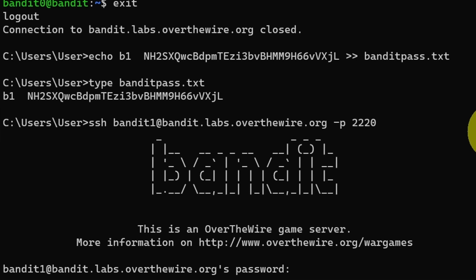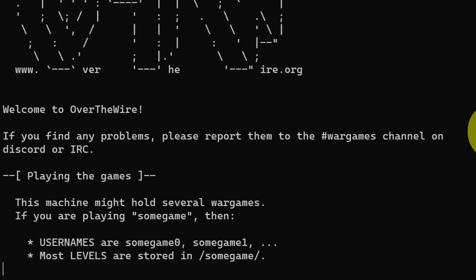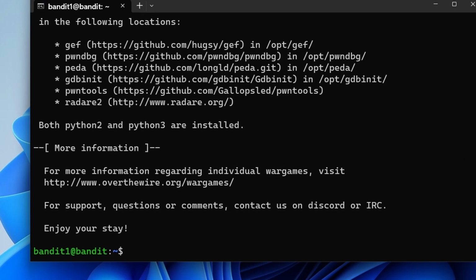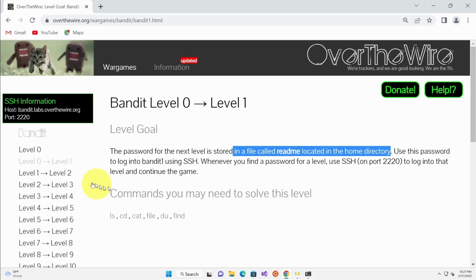For the password, we can use the Ctrl-Shift-C method we used to copy the password for level 1. Then Ctrl-Shift-V to paste it into the terminal, then log in. Let's go back to our web browser